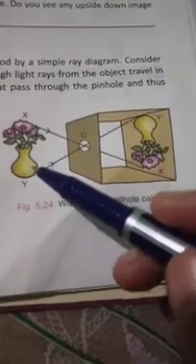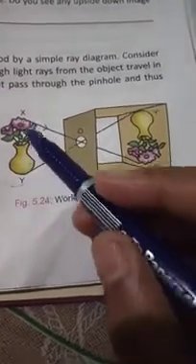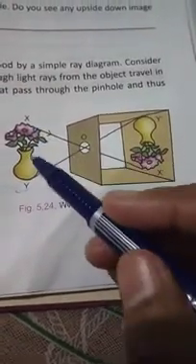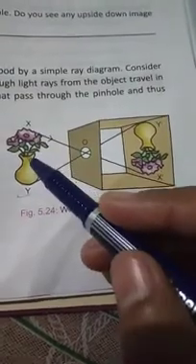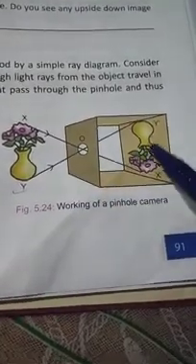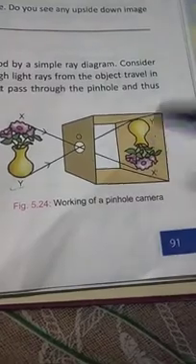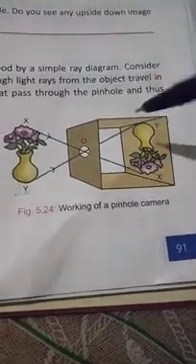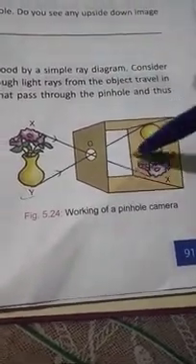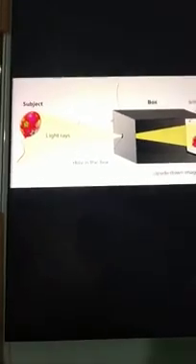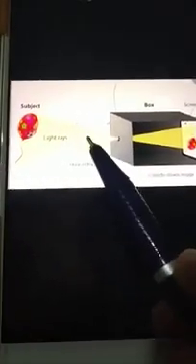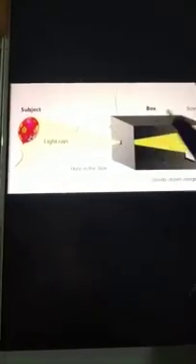First of all, you put one candle here, and you can see its image on this screen, the inverted image of the candle flame you will see. Try it, okay?